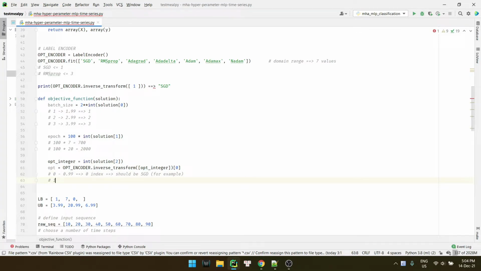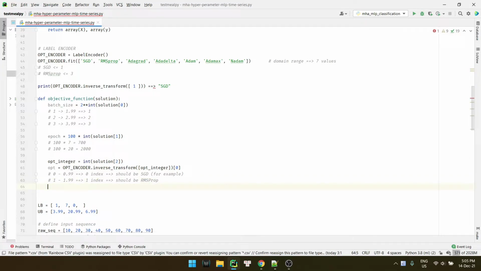And from 1 to 1.99 it should return index 1, which should be the LS Pro, something like this, right? Alright, so say it comes from 0, and let's say it comes from 1.